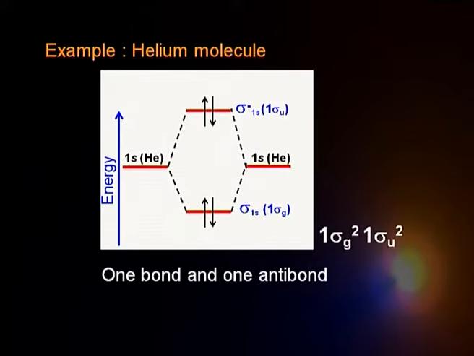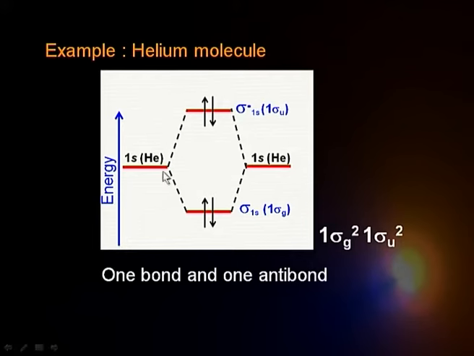Now, let us see the second element, that is, suppose I want to talk about the helium molecule He2. Here again, in the case of helium, the electron configuration is 1s2. So, there are 2 electrons, and the contributing atomic orbitals will be the 1s of helium atom number 1 and the 1s of helium atom number 2. The 2 will combine to give 2 molecular orbitals, same as in the case of the hydrogen molecule ion or hydrogen molecule. But now we have 4 electrons.